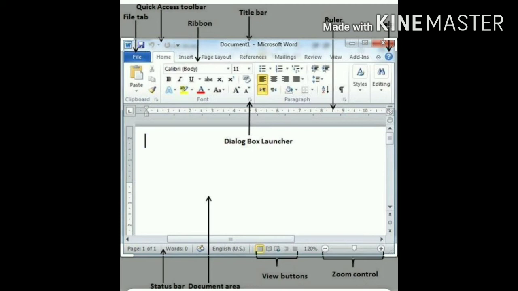Now I start. After the roaring success of Windows 7, Microsoft recently unveiled the latest version of its productivity suite, Microsoft Office 2010, boasting a host of collaborative features and an all-new interface.